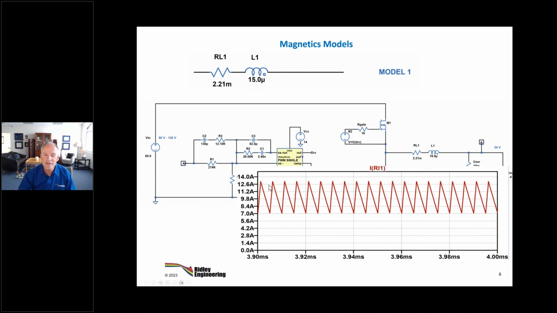Here's a little simulation of the circuit just to show you where we're operating. We deliberately chose a design here that would have substantial ripple in the inductor because we want to drive the core hard and we want to drive the AC resistance hard. So if we were just passing DC through this inductor, dissipation predictions would be just perfect.